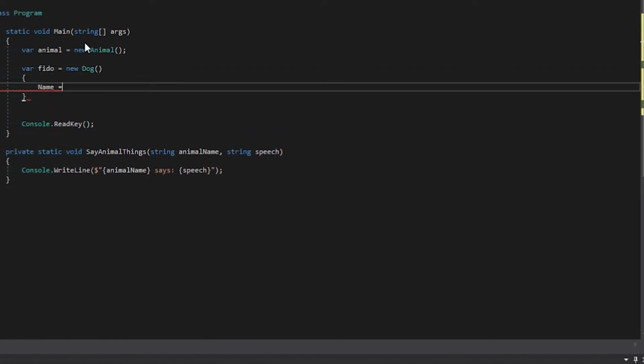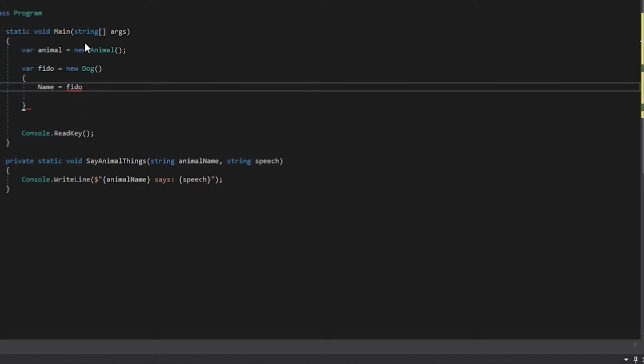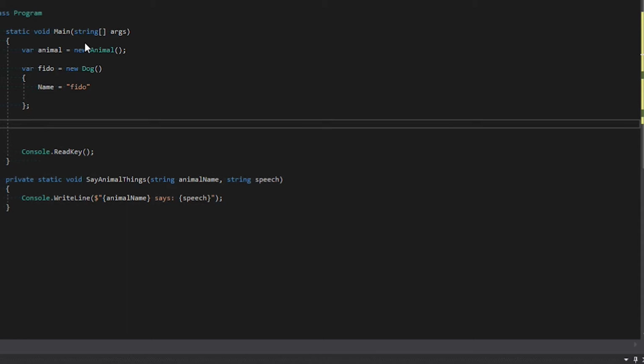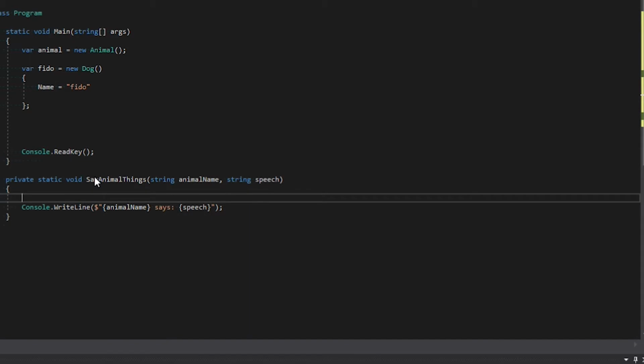And his name is going to be Fido. And that is it. And then we're going to go ahead. One thing I do want to do is handle, real quick, not necessarily always the best way, but the way I would expect to see it most of the time, where if